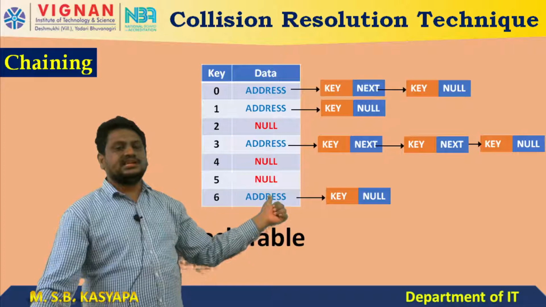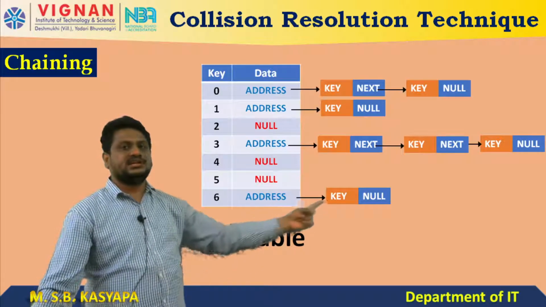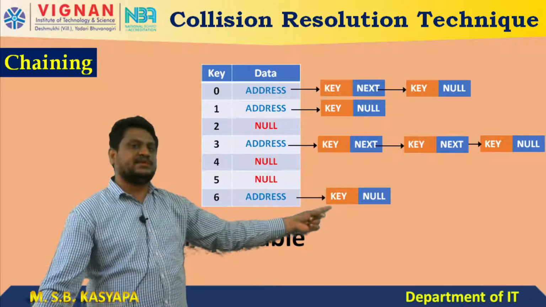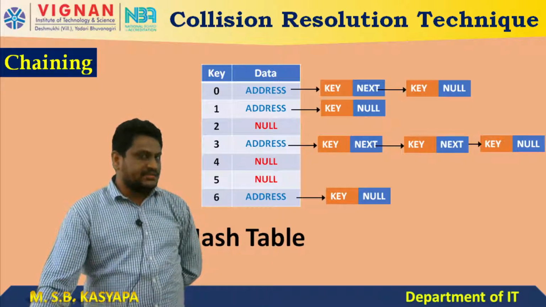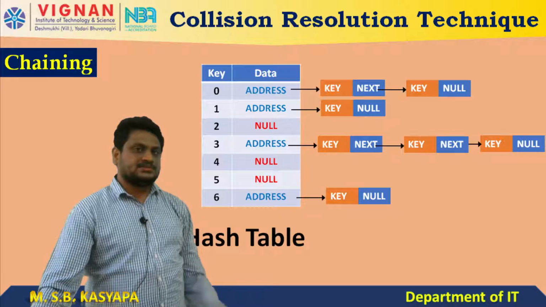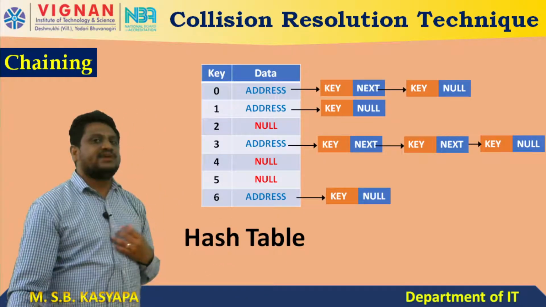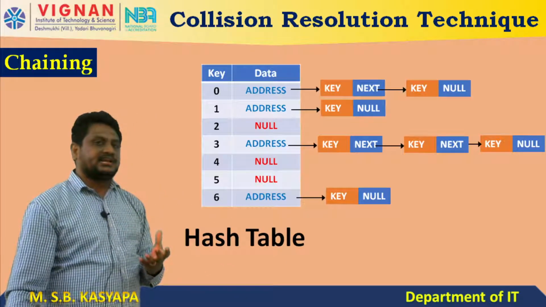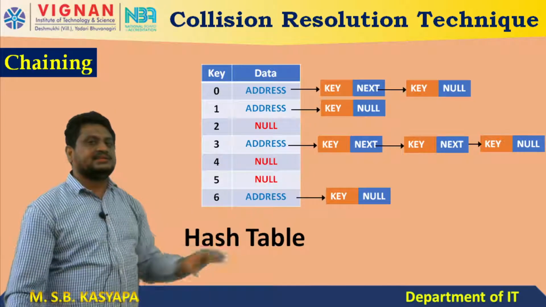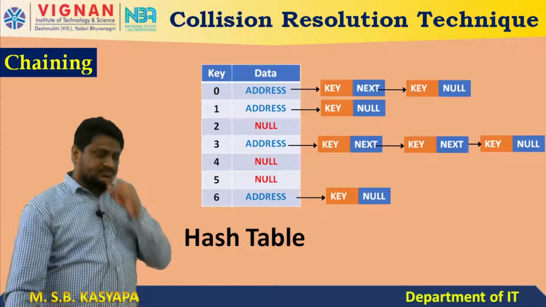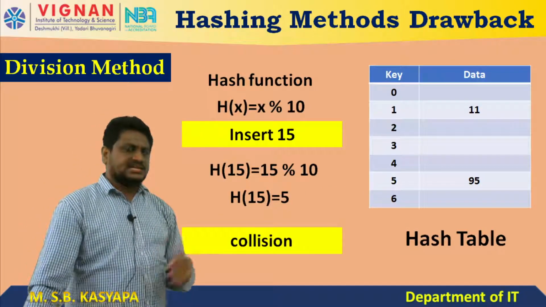So that linked list head value will be stored here. It is the head and the only element. Why? Because it is representing null, so there is no next element in the list. So it will be stored like this. If I have multiple data representing the same key, then I can handle it like this. Am I right? Okay. Let us see with the example.